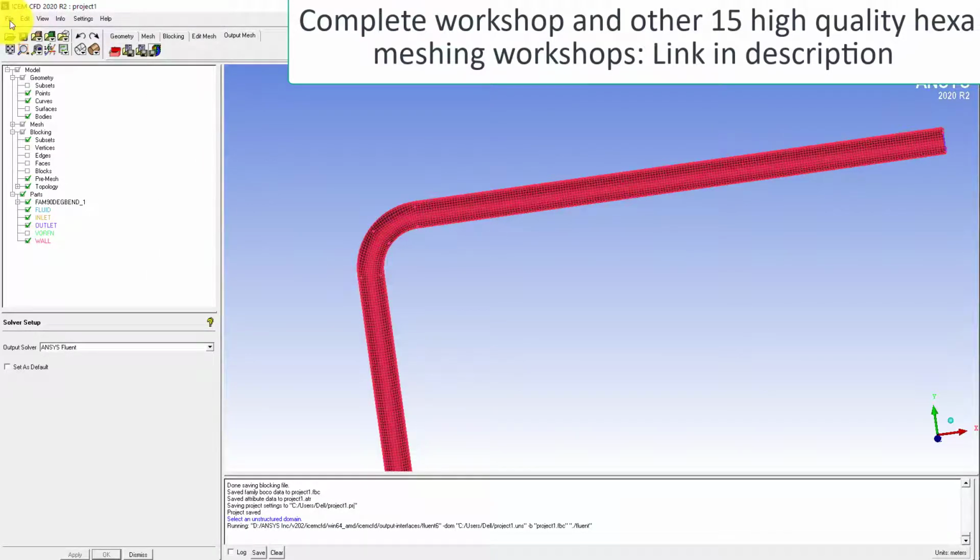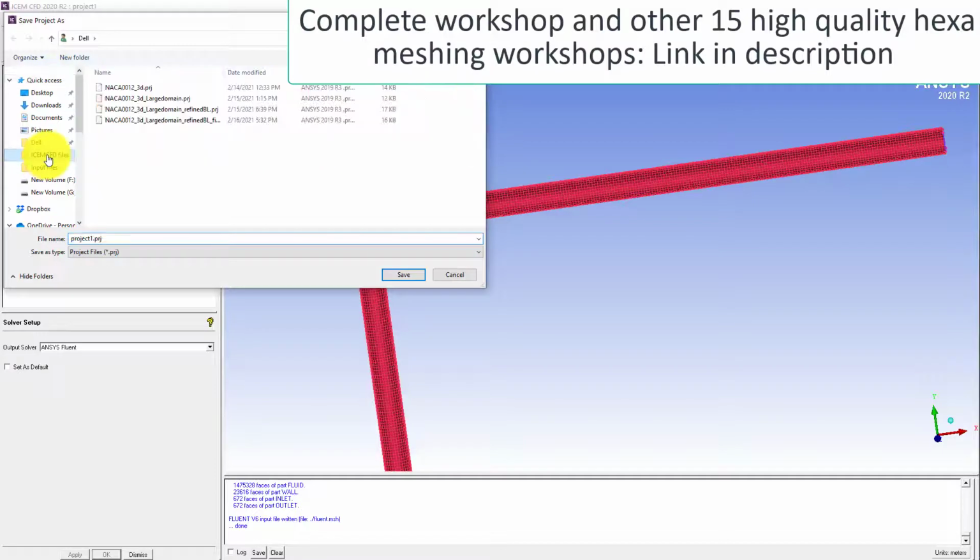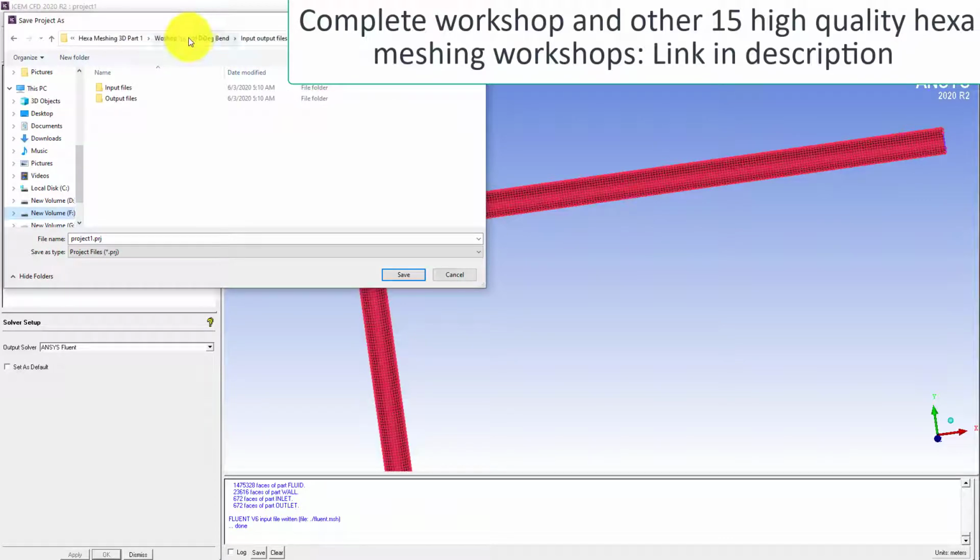So if I save this file in the working directory, you will get the same file also as the downloadable material here. So we have this folder, so I would be putting this inside the output, and so this is going to be the workshop 69 degrees bend. So the file you will be getting is this file.